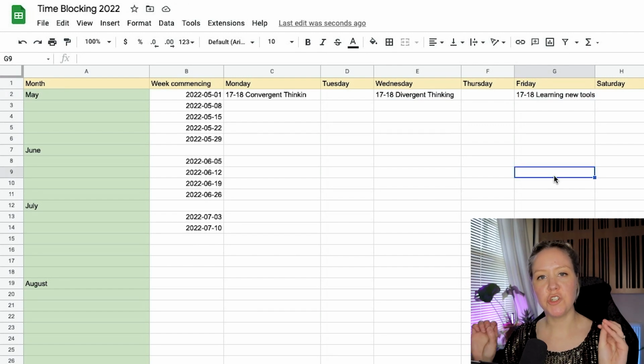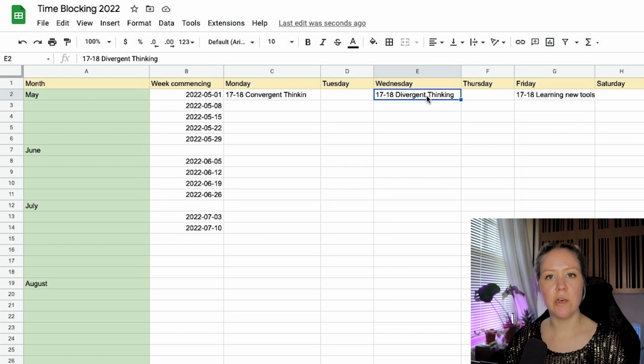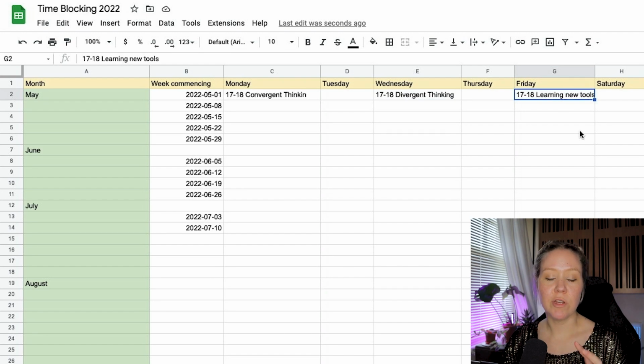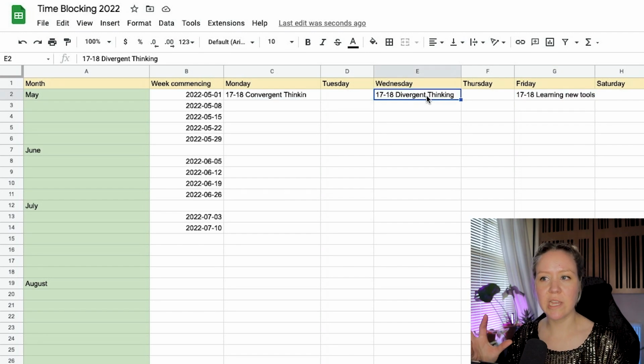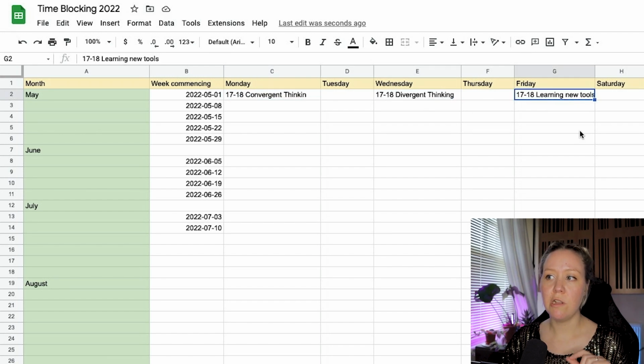These seem like very short times, but if you repeat this every week: while you're making ideas, that's divergent thinking, and you're not learning, you're not judging, you're just creating. When you are analyzing what you've done and putting everything together, that's convergent thinking. You're not learning anything new, you're just using the information you already know. Plus also learning new tools on Friday, you're not creating anything, you just learn that. So then you don't need to learn at other times.